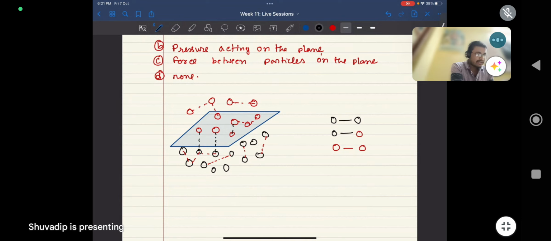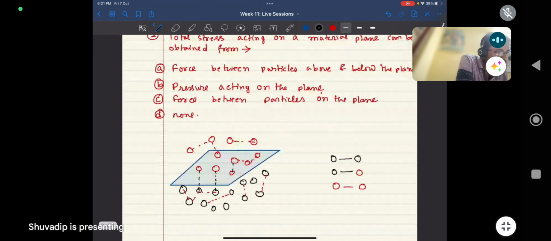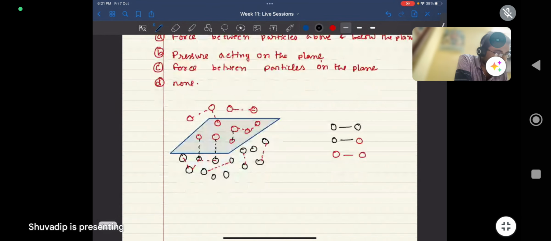Suppose a material point is on the plane, this interaction will be felt on that material point. So the stress is the force between the particles above and below the plane. The stress is not governed by the interaction between red or black only, but by the interaction between red and black particles